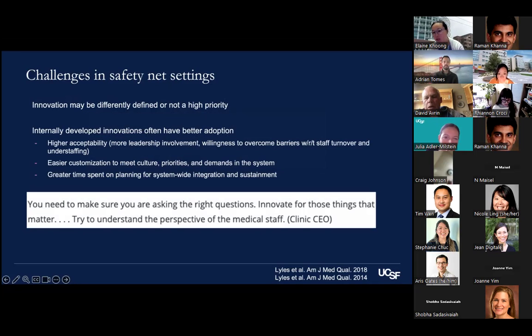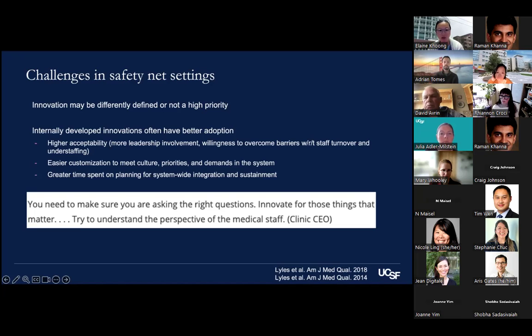So you can see here this clinic CEO from the study where they interviewed safety net leaders. They say, you've got to make sure you're asking the right questions. You've got to innovate for those things that matter and try to understand the perspective of the medical staff. So really focusing on acceptability, and also feeling like internally developed innovations are better to customize and meet demands